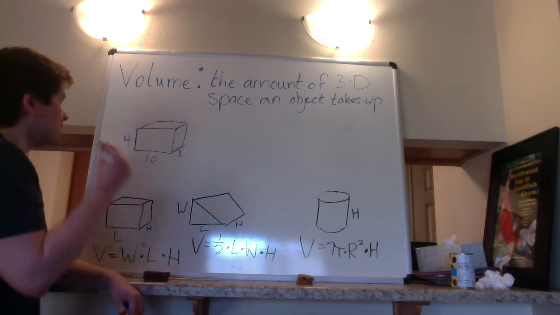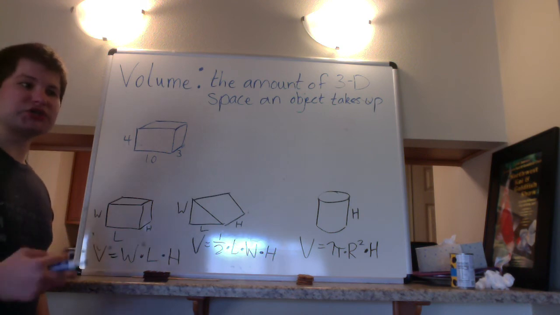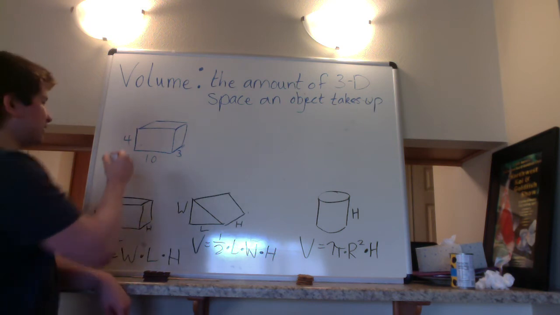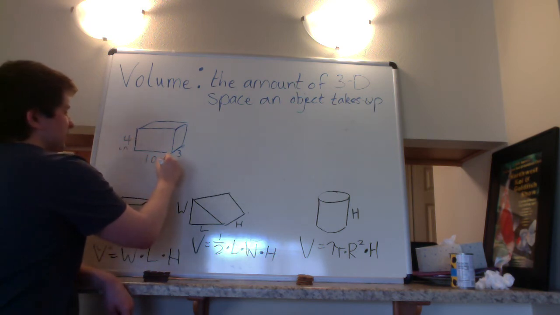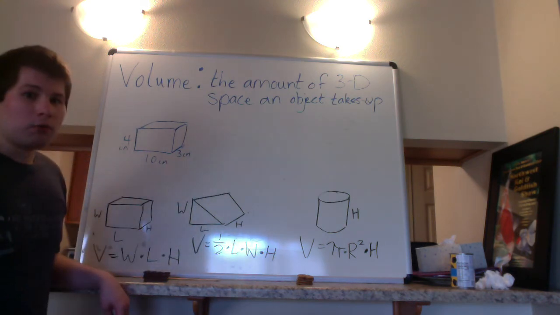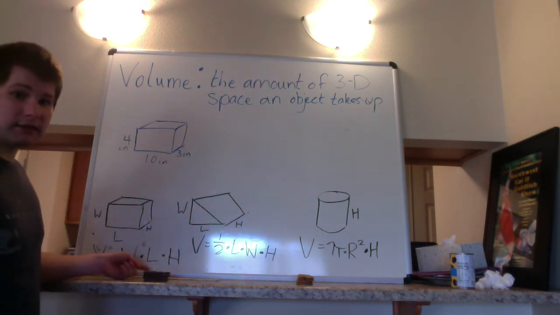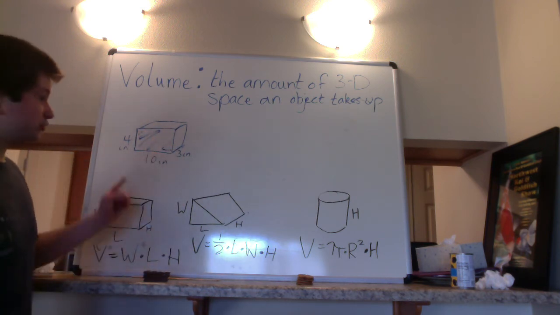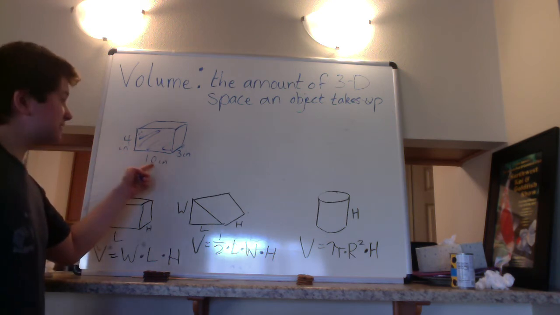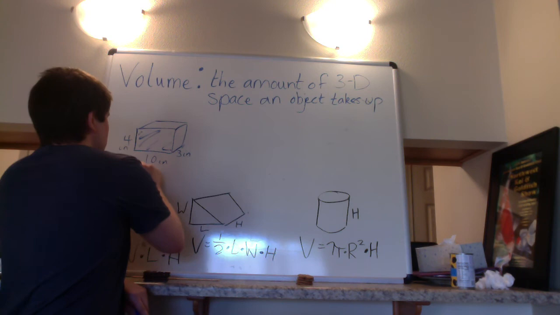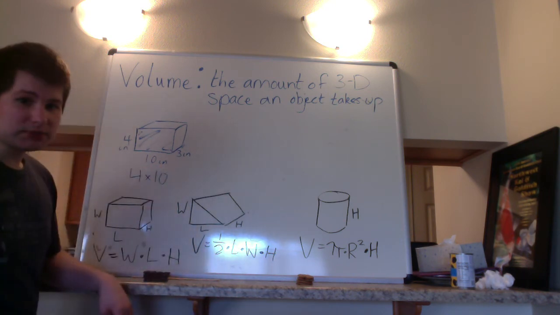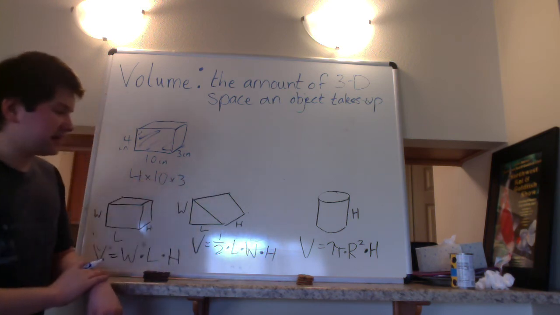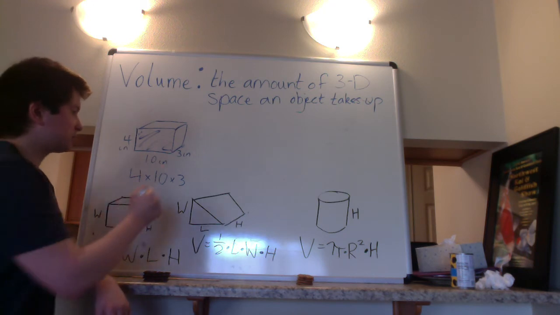All right, let's check. Let's add some units to these just because Hershey's Pieces isn't really a good unit. So typically we use units of length like inches or feet. So let's do 4 inches, 10 inches, and 3 inches. Well, first we need to find width times length, or the area of this rectangle here. Did you get 40? 4 inches times 10 inches. So 4 times 10. And then we just need to multiply by that last dimension of 3. 4 times 10 is 40, and 40 times 3 is going to be